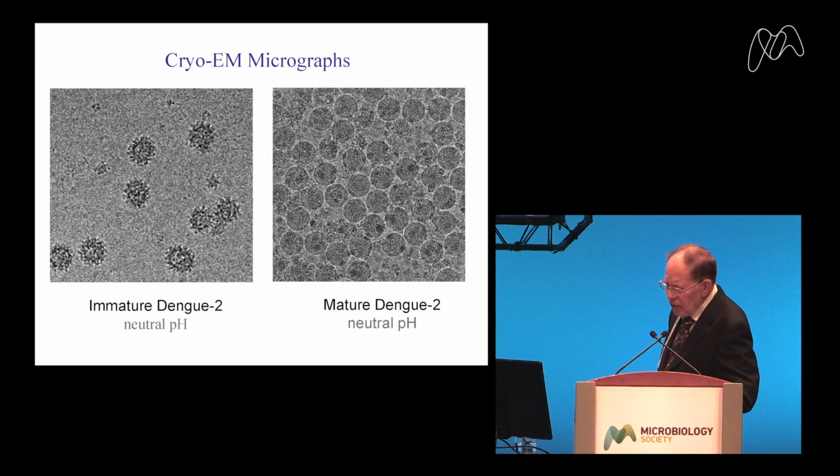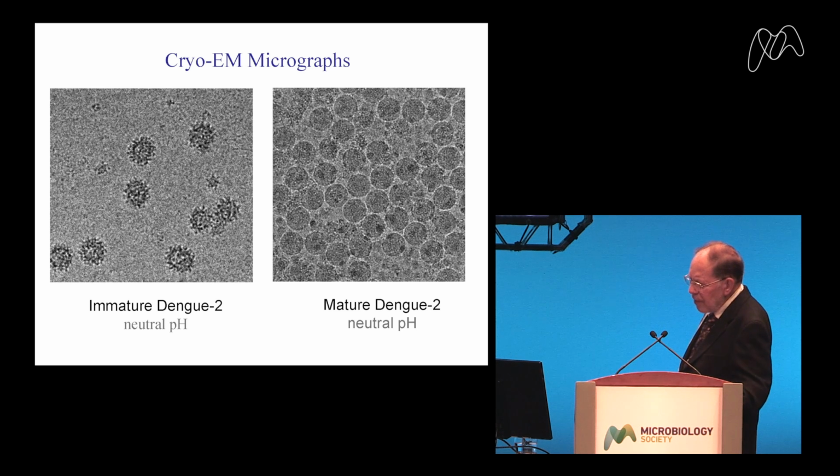So these viruses, the flaviviruses, undergo, like all viruses, a life cycle. There is an immature particle, which is shown on the left here, and a mature particle. And the difference here is very spiky, as you may see, and these are electron micrographs, and this very smooth mature virus. So clearly something is happening to the virus as it goes from immature to mature.